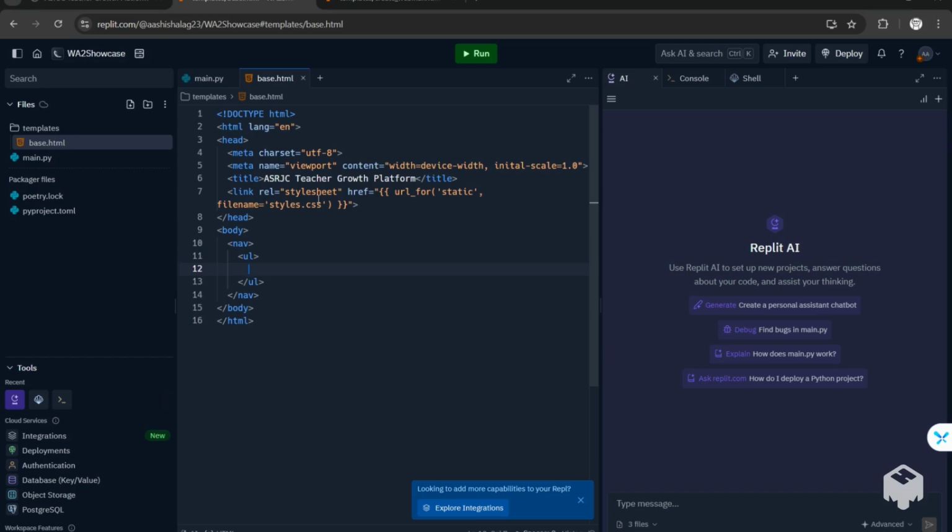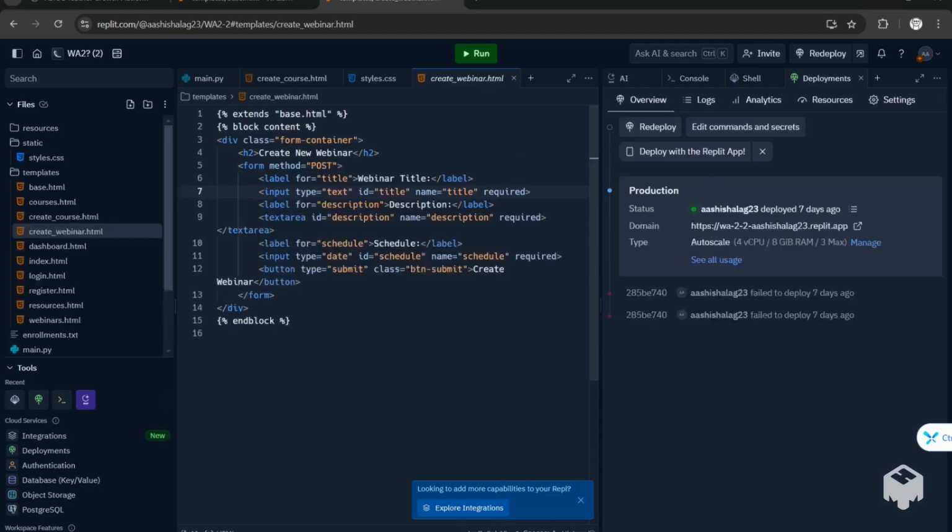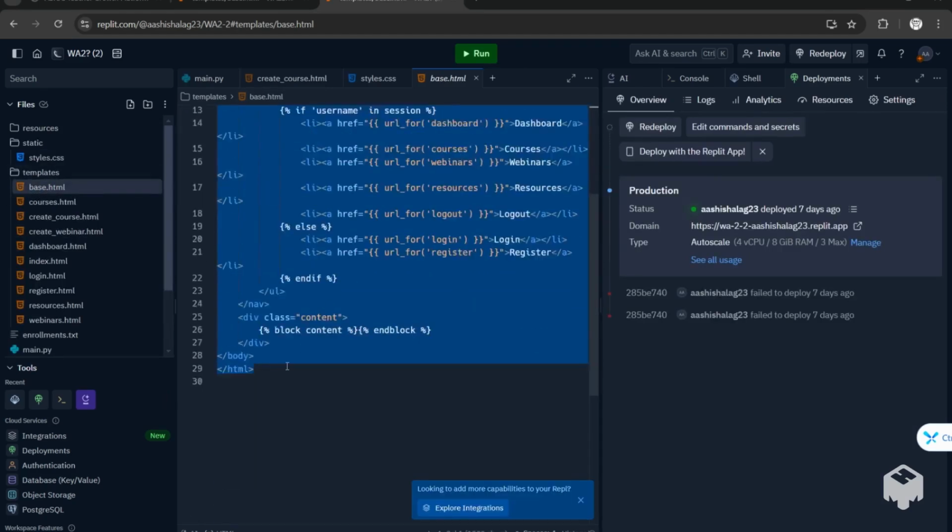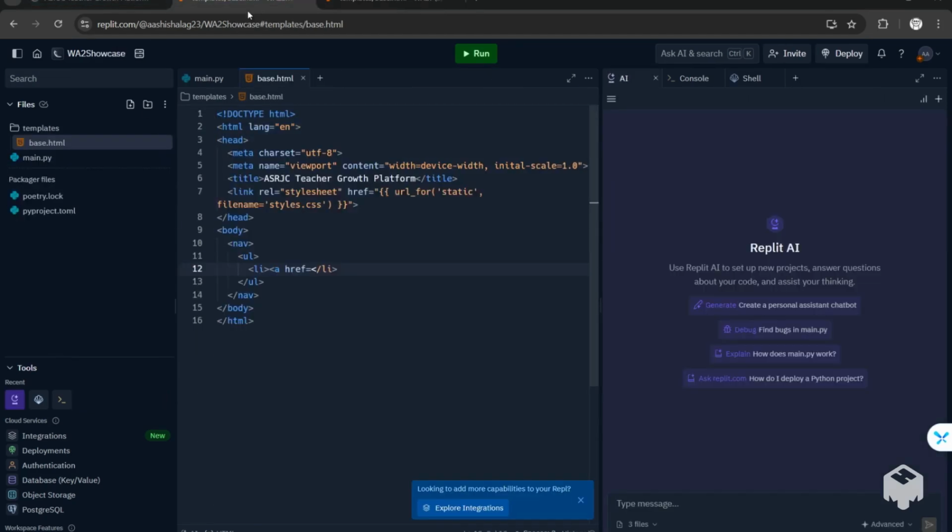So first, let's create an unordered list where we'll be showcasing all the things that we can do, such as home, dashboard, courses, webinar, resources, and logging out, and even logging in and registering. Actually, to save some time, I think I can just